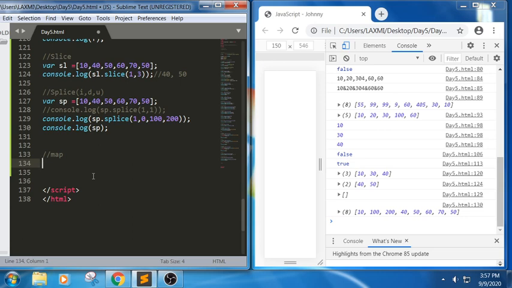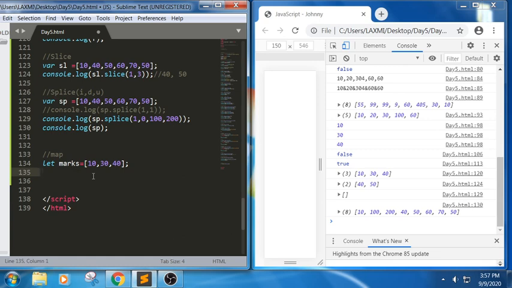For example, let us write some snippet here. Let marks equals 10, 20, 40. Now what I want to do is just add 10 marks for each and every individual index.